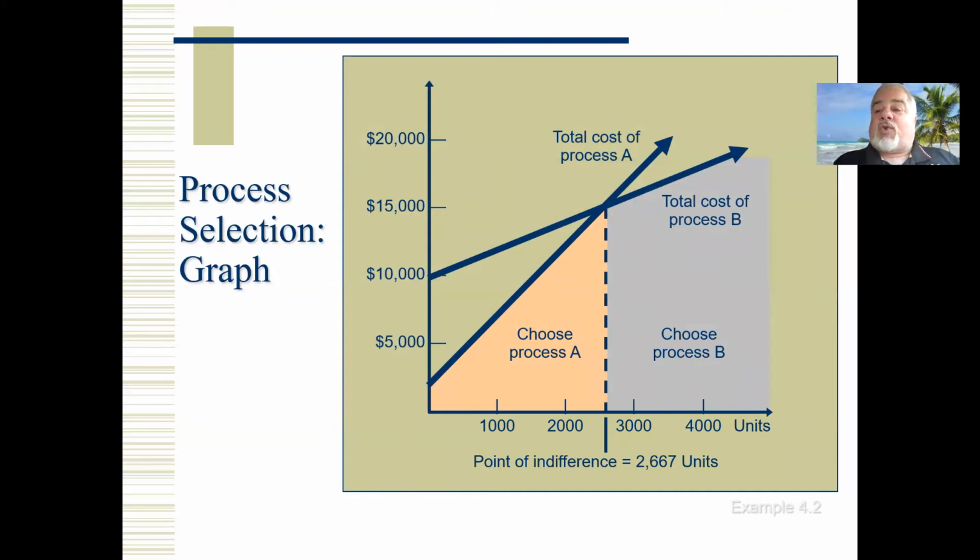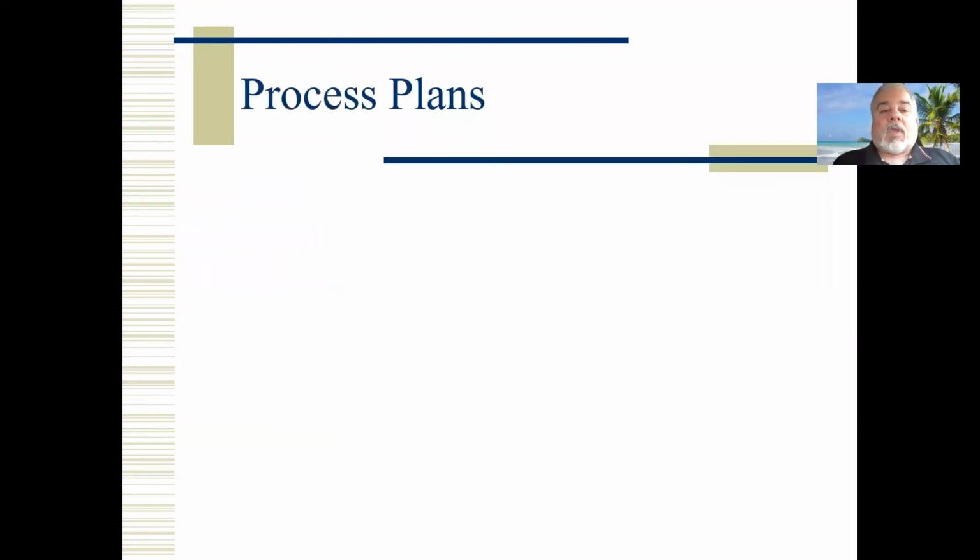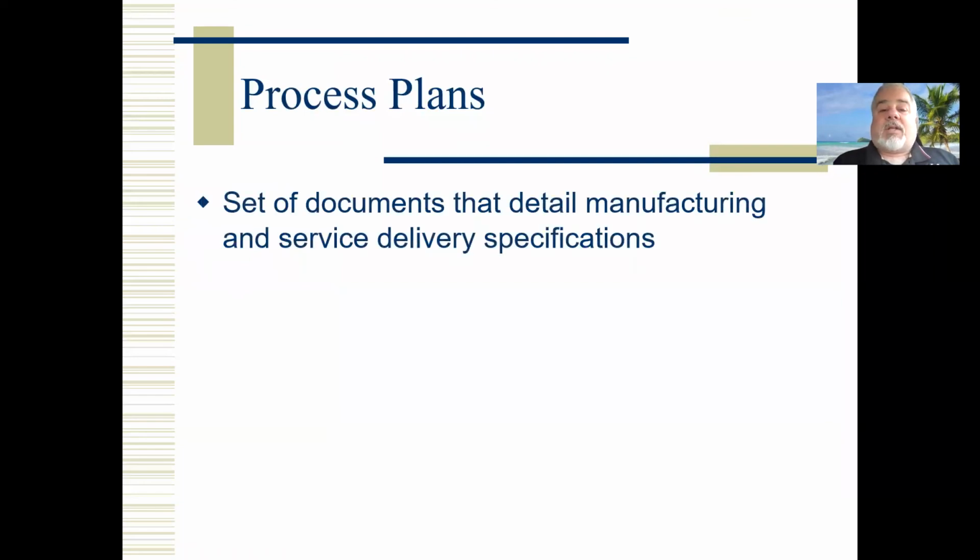This one is just saying which one is more cost-effective manufacturing, which keeps my costs down the most. I don't care what the profit is in this. Once I've made a decision, if I say, I'm going to choose process B because I think I can sell over 2667, I would have to plug those numbers back into the previous example to look at my break-even analysis. Anyway, very important concepts,